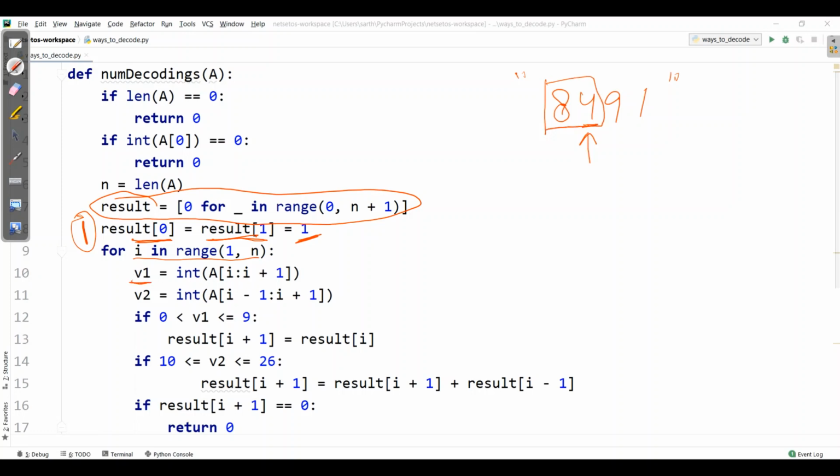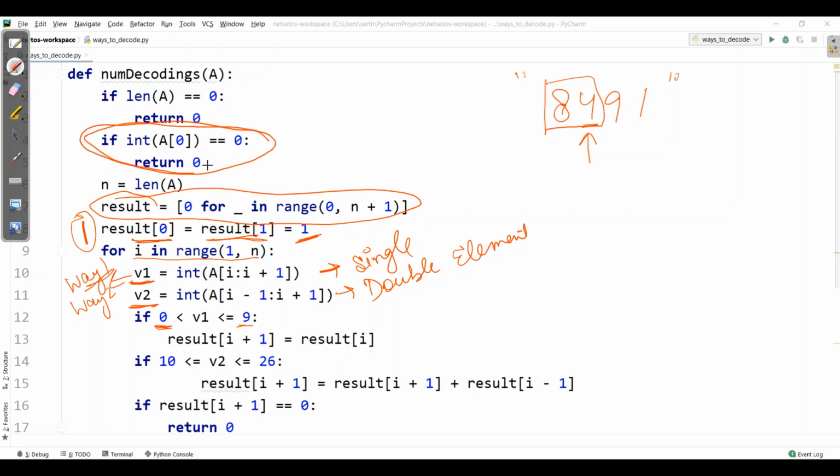Then we will check in V1 and V2. This is V1 and this is V2. In V1 we will check for the single element, and in V2 we will check for the double element. For V1 we will check if our element lies between 1 to 9. If the first element is 0, it will return 0 then and there, because we don't have any alphabet paired up with 0.